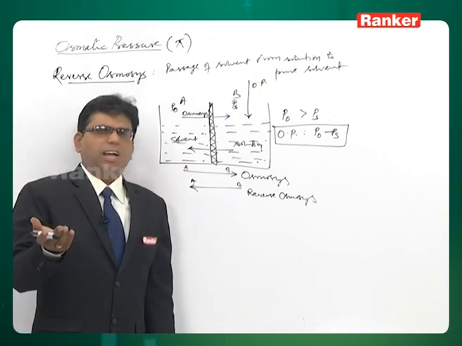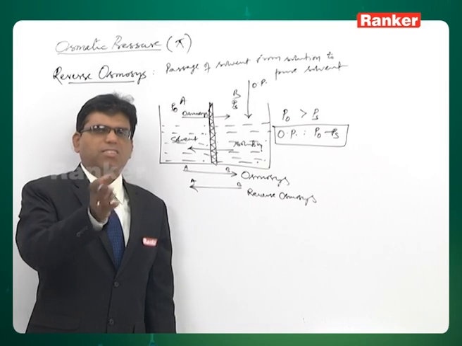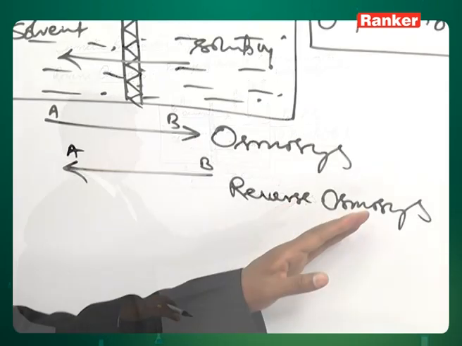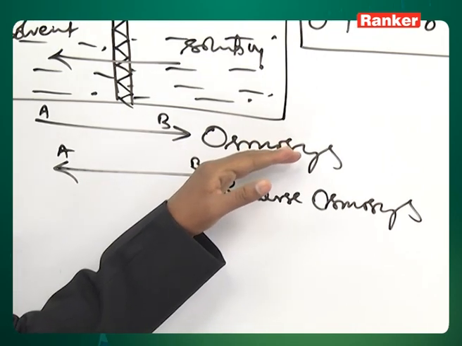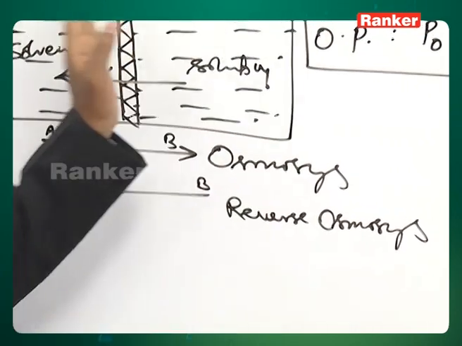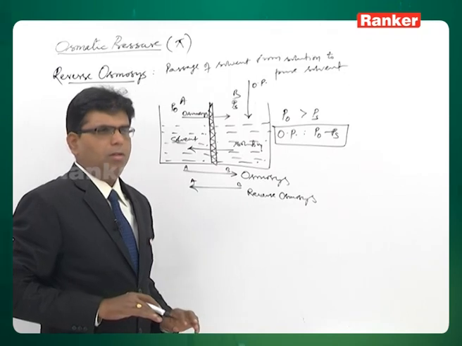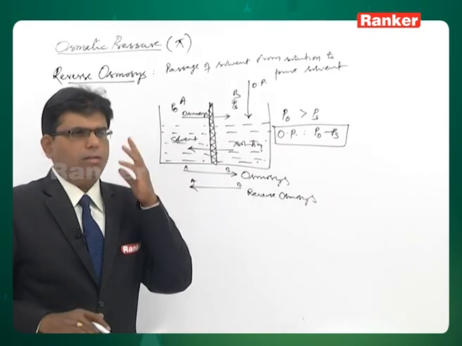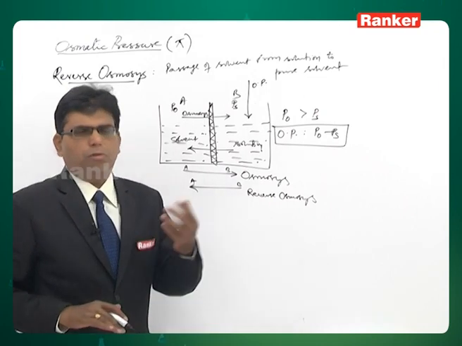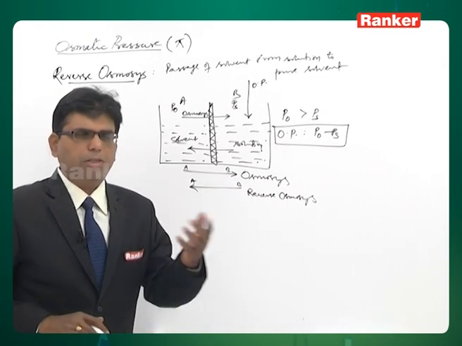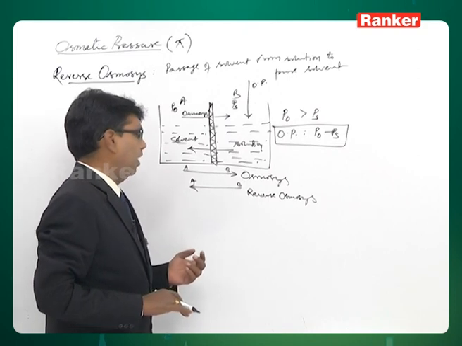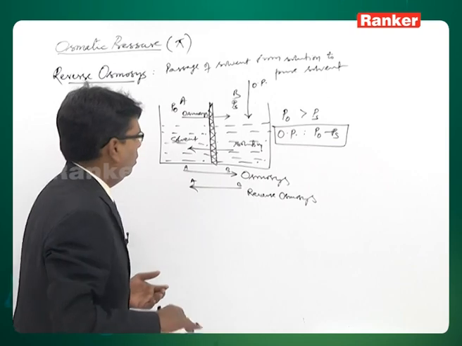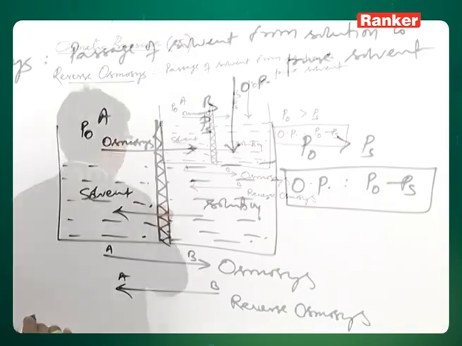That means the direction of flow is reversed. That is the reason we call it reverse osmosis. When will osmosis happen? As we already told, when there is a pressure difference between A and B, solvent and solution. If you take two identical concentrations of solutions, there is no osmosis, their osmotic pressures will be equal, right. But then when do we have this reverse osmosis? When is it possible? It is possible if